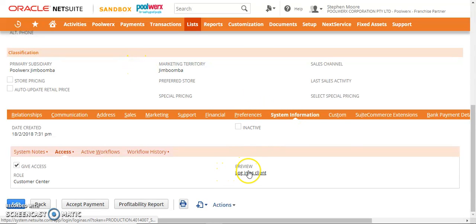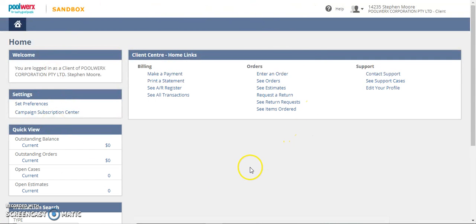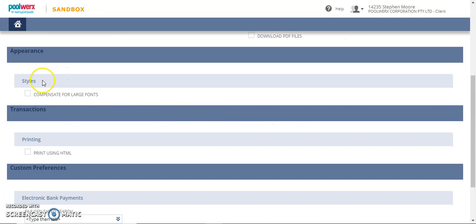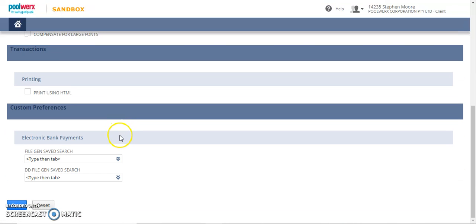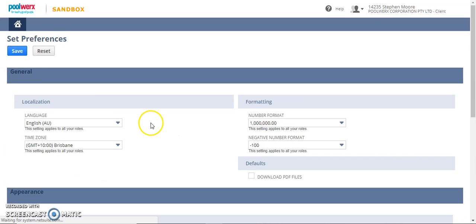You can see their preview, log in as client, and this shows you their account homepage. So the client can set preferences. If we click on that, they can change their language, their time zone, number formats. We can go down to compensate for large fonts. Printing, they can select that, use all their printing from HTML, and they can also have their electronic bank payments there. If I just save that,